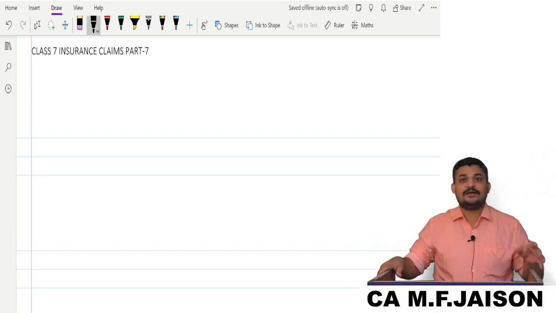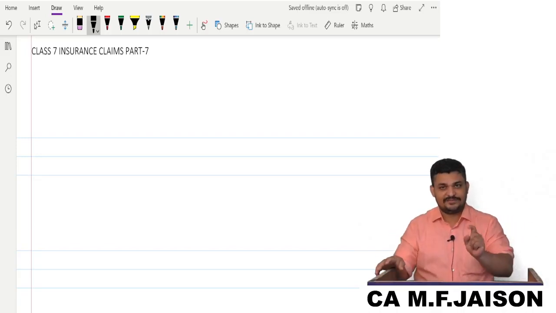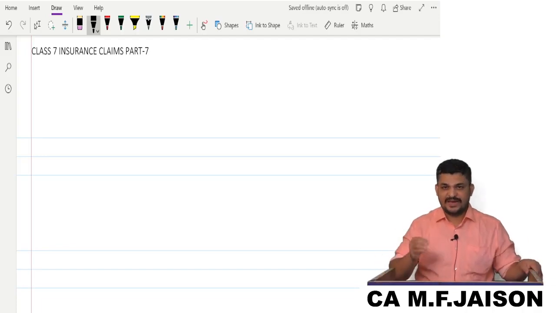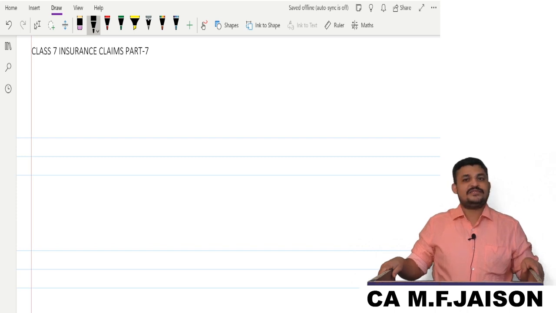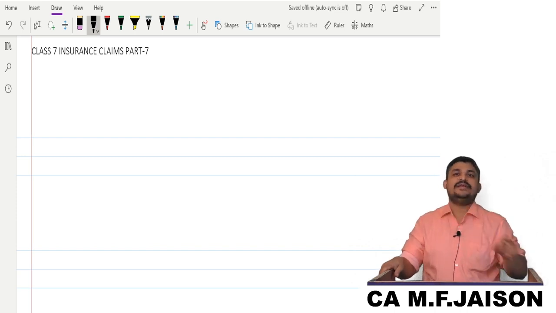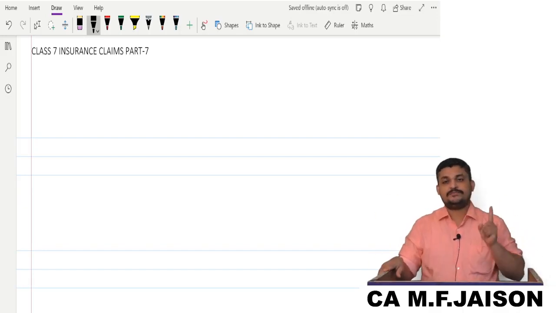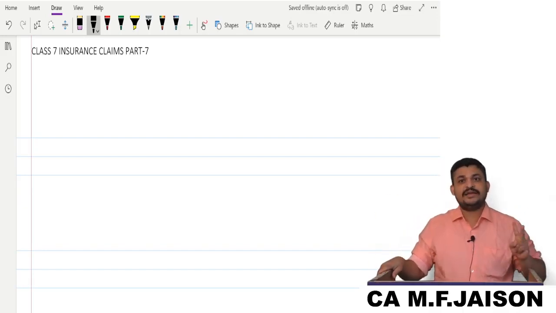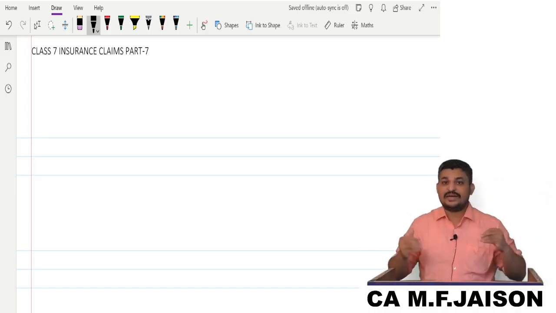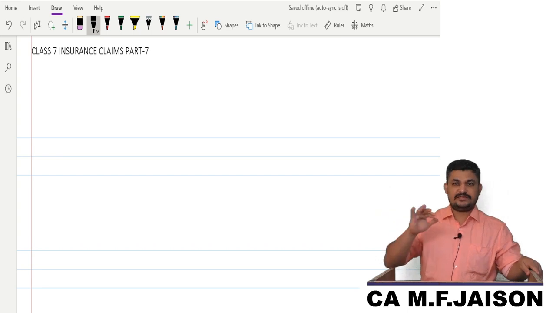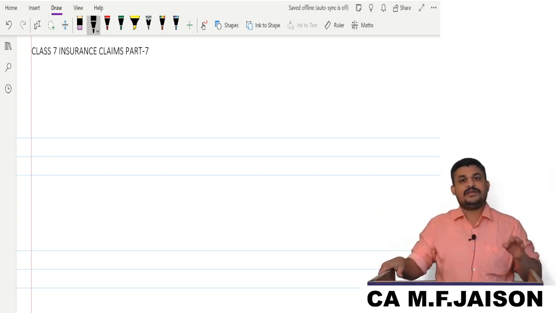The learning objective in this topic is computation of claim for loss of stock and loss of profit in a fire insurance policy from the viewpoint of the insured. My dear friends, in that we have completed claim for loss of stock. The 4-step approach: Step number 1, GPR. Step number 2, stock on the date of fire. Step number 3, the loss of stock. Step number 4, claim, where average clause applicability, firefighting expense, such aspects will be considered in computation of claim.